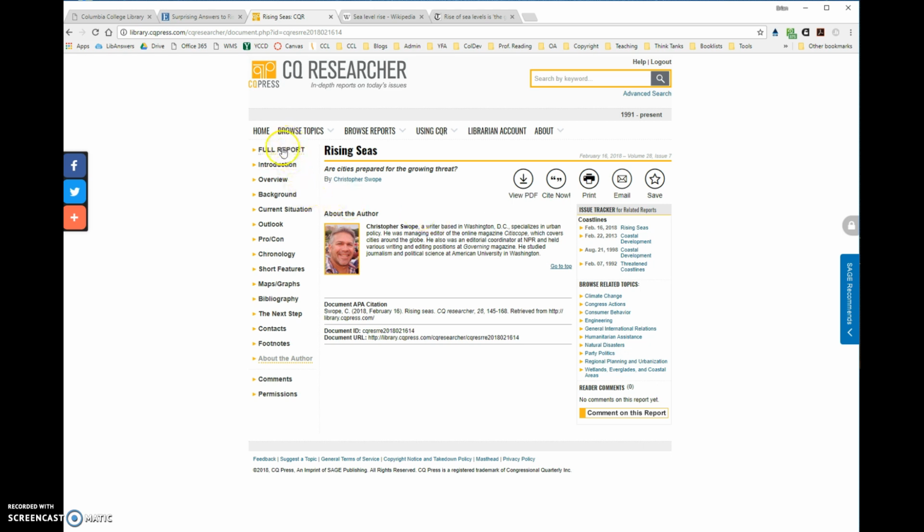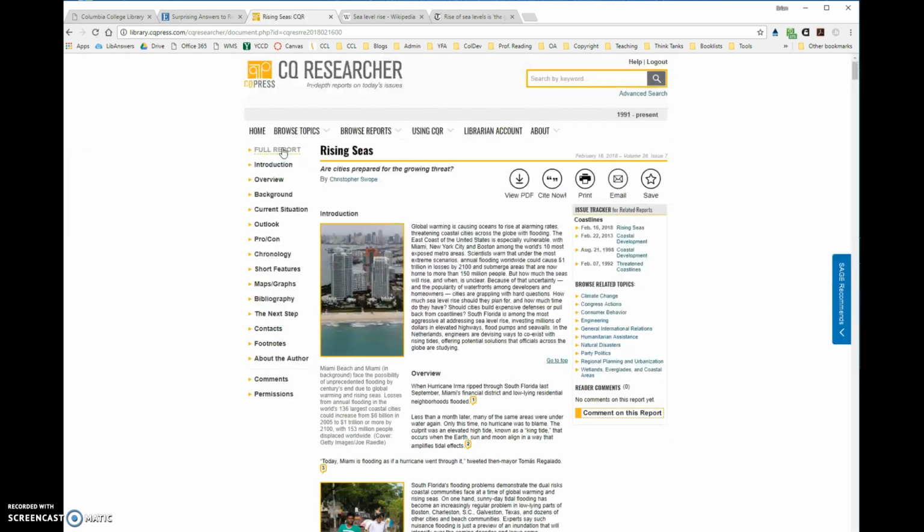But when I look at this, it looks pretty different from that initial scholarly article that we looked at first, right? So it's set up to be a little more visually appealing. If I read through it, I see that it is well written, but it's not geared towards an audience of experts. It's also geared towards students and just people who are casually interested in the topic. So again, that doesn't make it bad. It just makes it a different type of source.